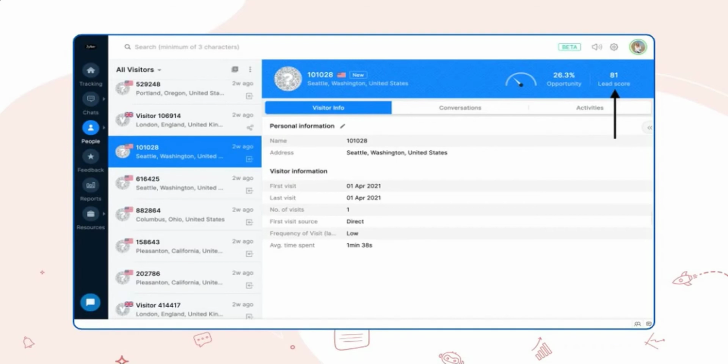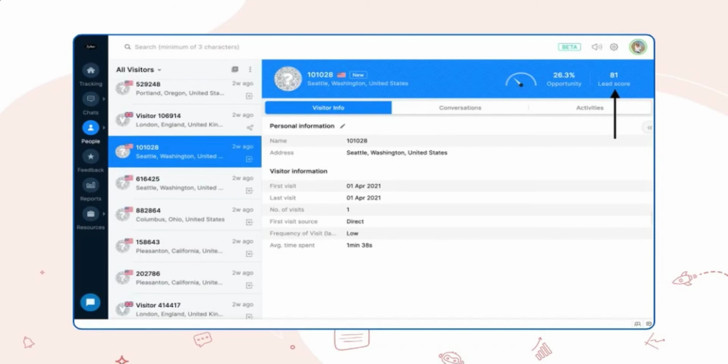You can also see the score of the visitor inside Zoho CRM. The lead score that's earned by each visitor will be pushed from SalesIQ to the visitor score field in the visit summary of Zoho CRM. And the visitor score field will be available in the visit summary section of the lead or the contact tab. So you need to remember that this feature will only be applicable if Zoho SalesIQ is integrated with Zoho CRM, and the score will be pushed to CRM only if the identity of the visitor has been tracked inside Zoho SalesIQ.